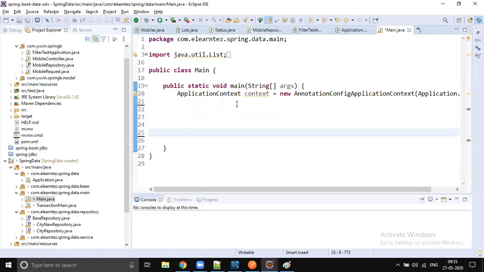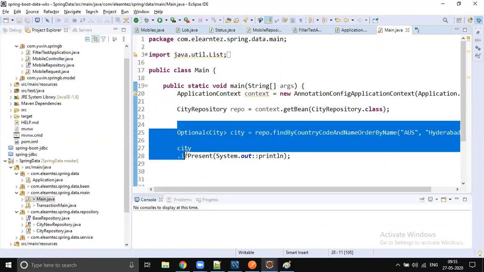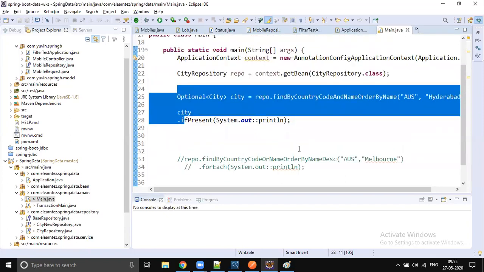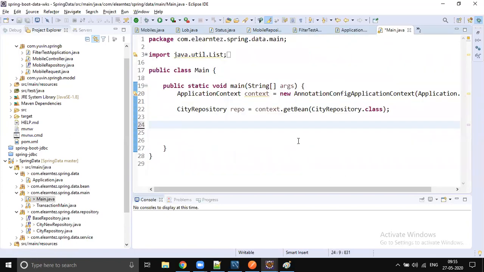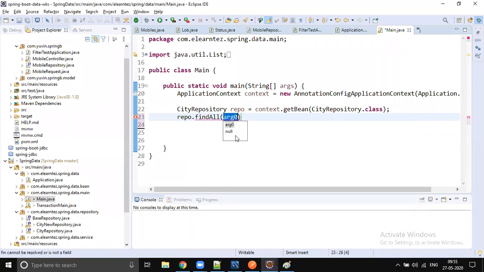Oh, sorry, I deleted that method itself. We didn't write any, okay, command line runner won't run here. Okay, got it. So repo dot find all, right? So you have some pageable, some pageable sorting. How can we implement pagination?